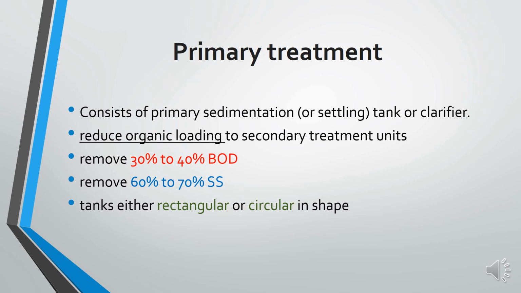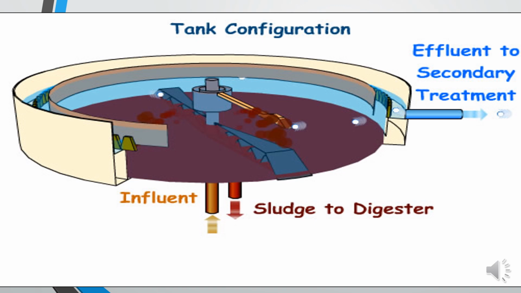Okay, and these tanks have two shapes. Mainly they can be rectangular or circular. And of course, each tank, the clarifier, has to be prepared with sludge removal lines or a sludge removal mechanism, as we can see here in this